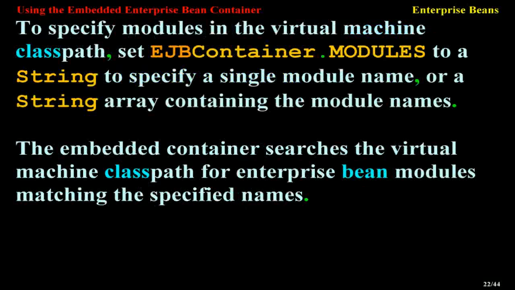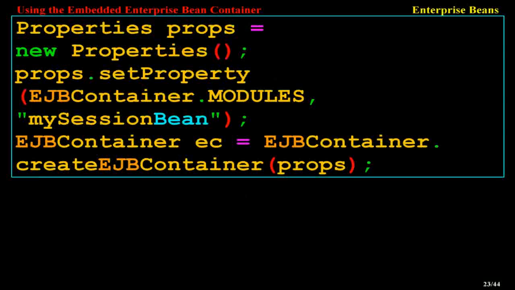To specify modules in the virtual machine class path, set EJBContainer.MODULES to a string to specify a single module name, or a string array containing the module names. The embedded container searches the virtual machine class path for EJBContainer modules matching the specified names. Properties props = new Properties(); props.setProperty(EJBContainer.MODULES, "MySessionBean"); EJBContainer ec = EJBContainer.createEJBContainer(props);